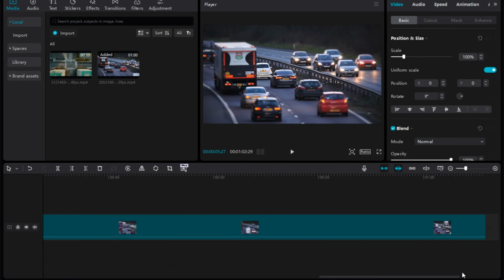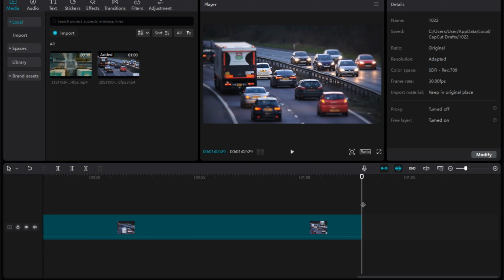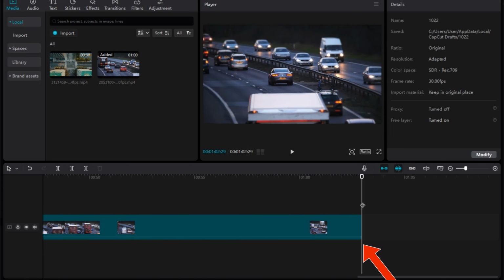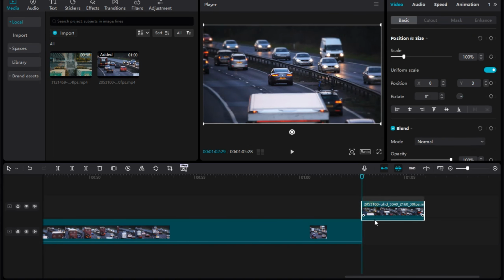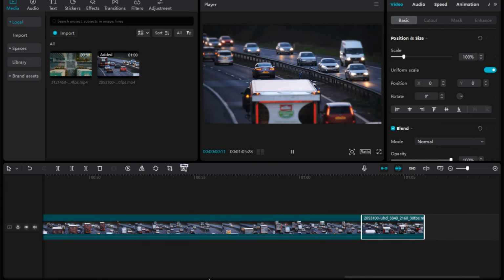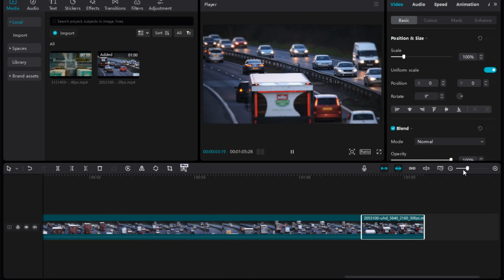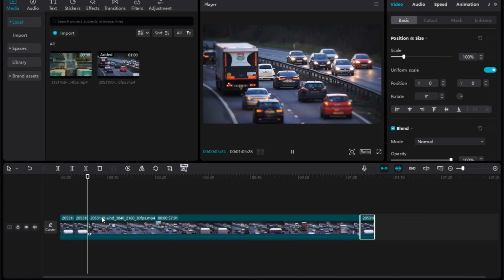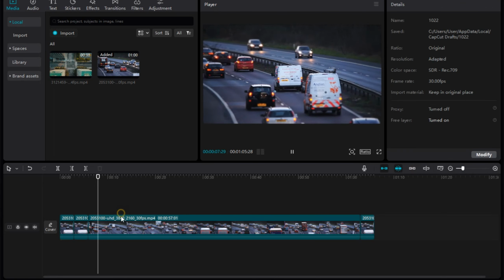Let's just say you want to duplicate that part to this area. Make sure the line is up here and then Control V. So as you can see, I have duplicated that clip, but I put it in the very last or the